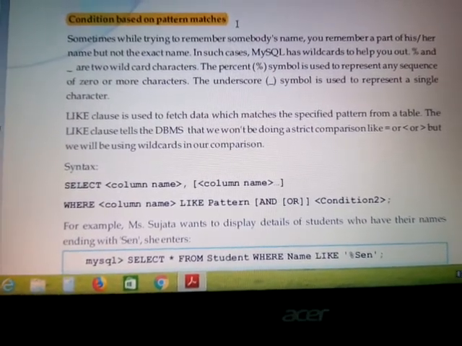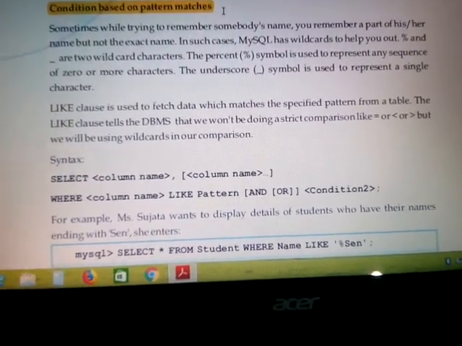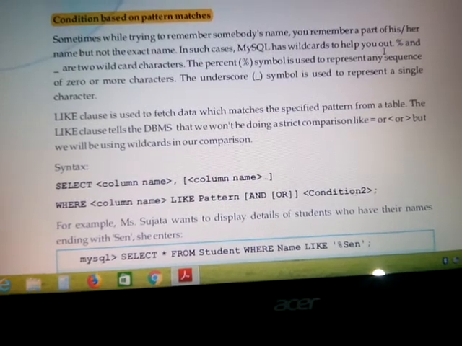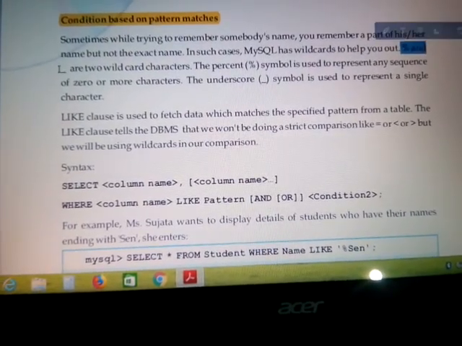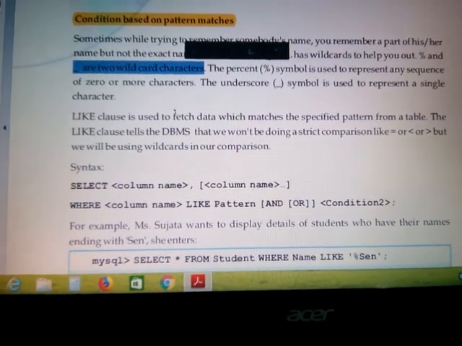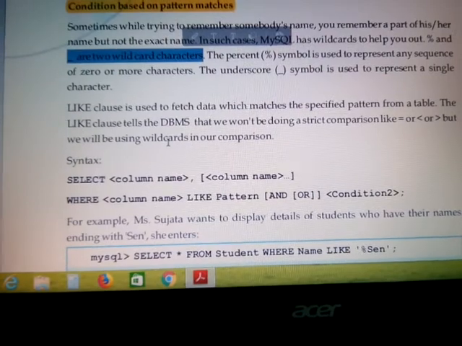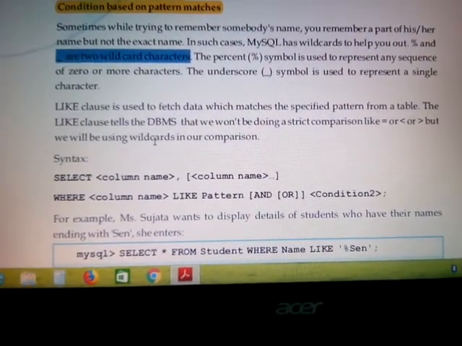So again, this is a sort of pattern, and for this pattern we make use of two symbols, the percent symbol and the underscore symbol. These are the two symbols used in pattern matching. These are to be used in the select statement.